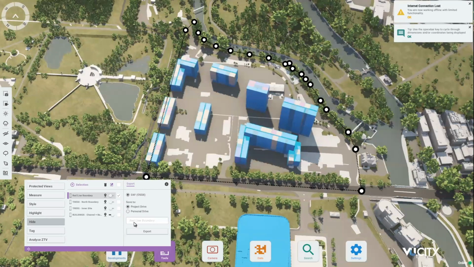Of course, we've got the same options that run throughout the platform in terms of exporting to the project or personal drive. But I would export that to my project drive. That's available then as a DXF line drawing with those plotted heights on it as well, for me to then take into, and if I just jump over now to one of my slides that I had previously,